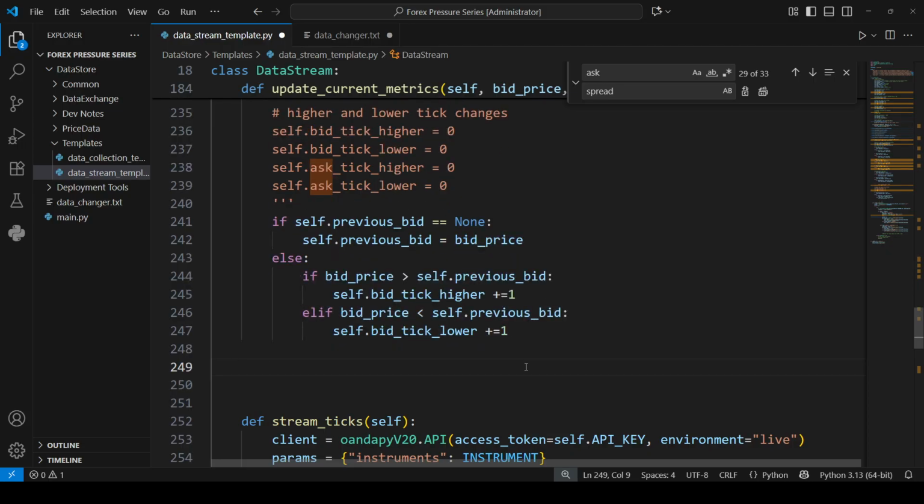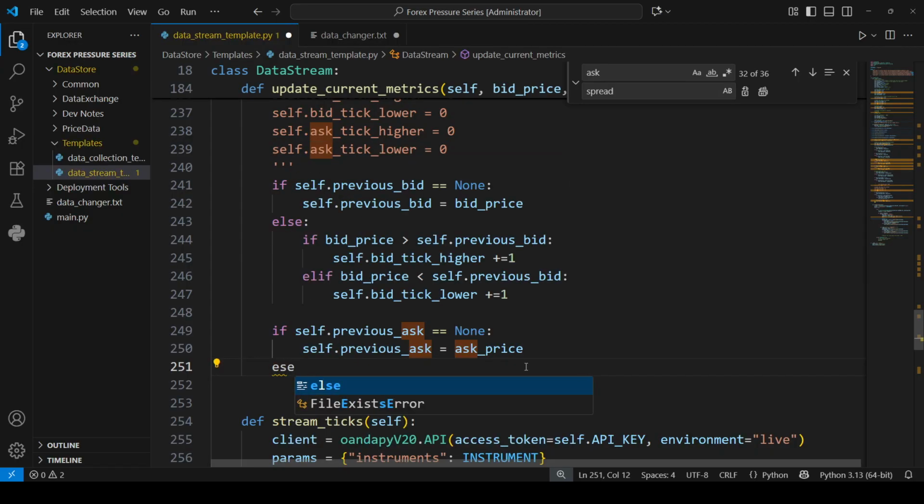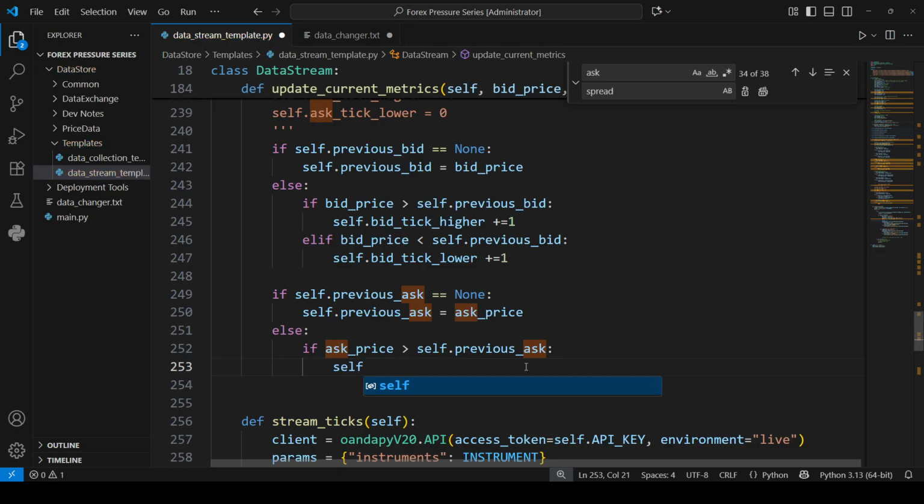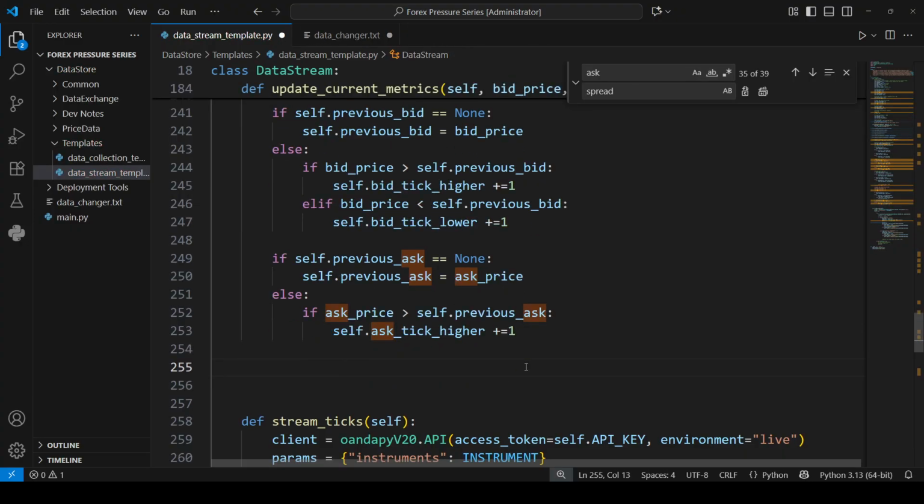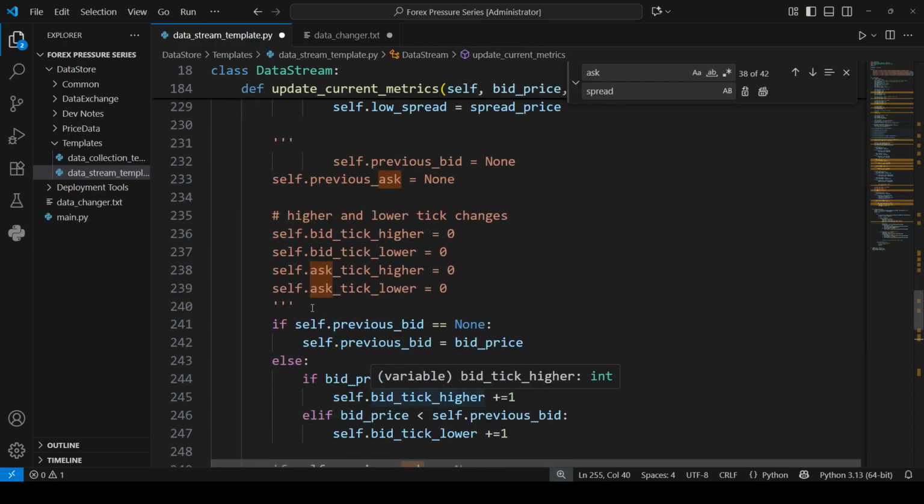So if self.previous ask is none, we set the self.previous ask equal to the ask price. Else, if ask price is greater than self.previous ask, then self.ask tick higher plus equals 1. Elif ask price is lower than self.previous ask, then self.ask tick lower plus equals 1. Okay, so that takes care of adding all that data up